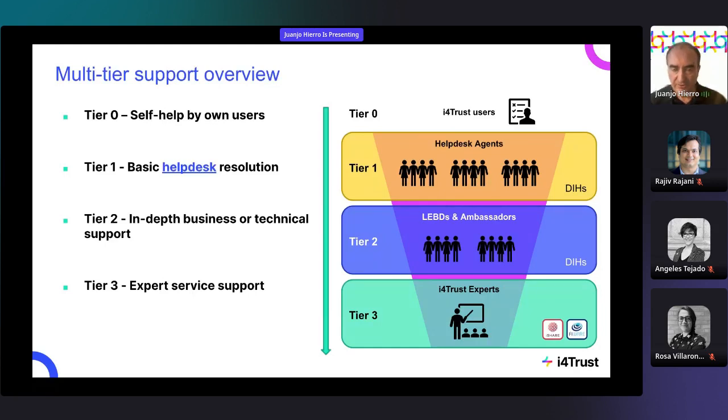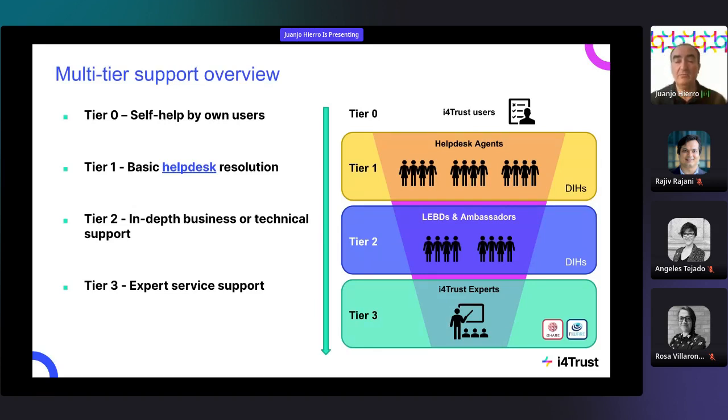We have, of course, a zero tier, which is intended to bring information that helps many users to help themselves, and for that we will provide frequently asked questions libraries and a lot of documentation and training material in different aspects, videos as well, that users will be invited to use in the first place.